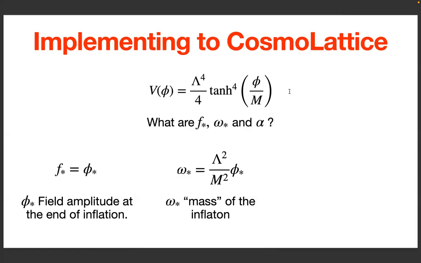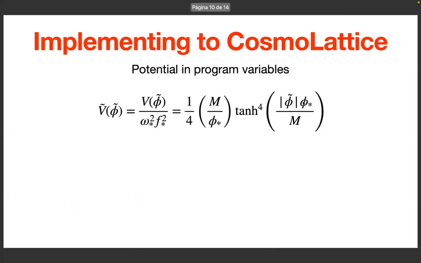You will find that something similar will arise. And what should alpha be? So alpha is 1, but I encourage you to check why it should be 1. I think this was already explained yesterday, but if not, I encourage you to check why we choose 1 for this case. So now that we have our program variables,